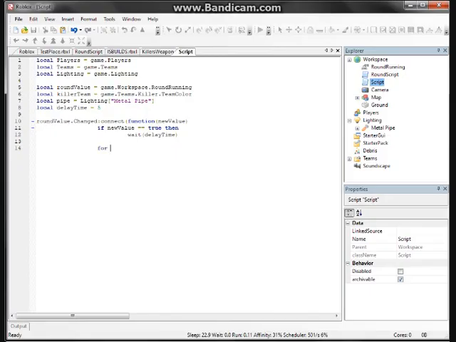Player in ipairs. ipairs is different, because it's ordered, but pairs is just everything. Players get children do, if player dot team color is the killer team, then